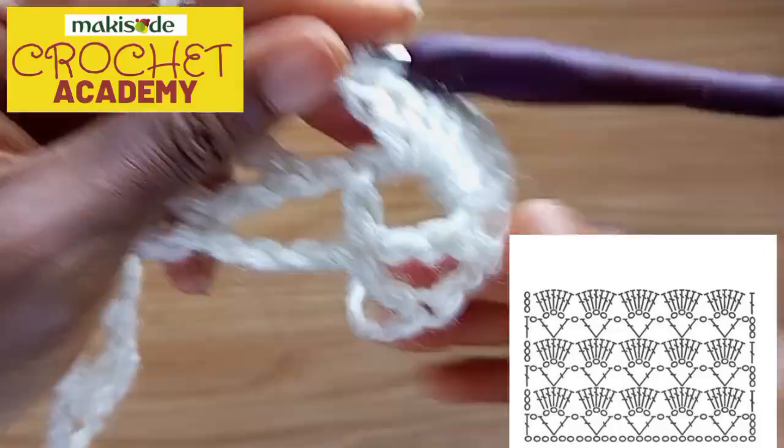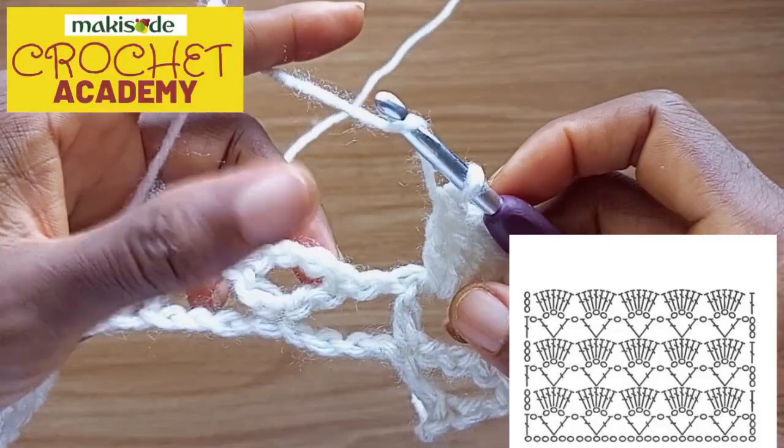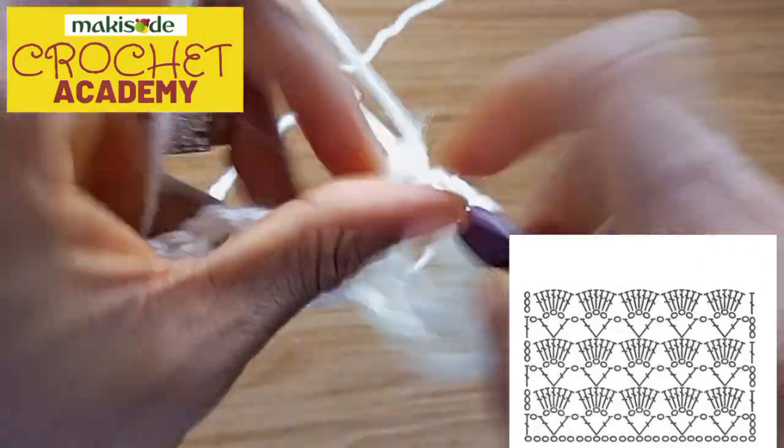Yeah, this row is quite simple. Everything here is a double crochet stitch. Straight up into the next one, another 7,